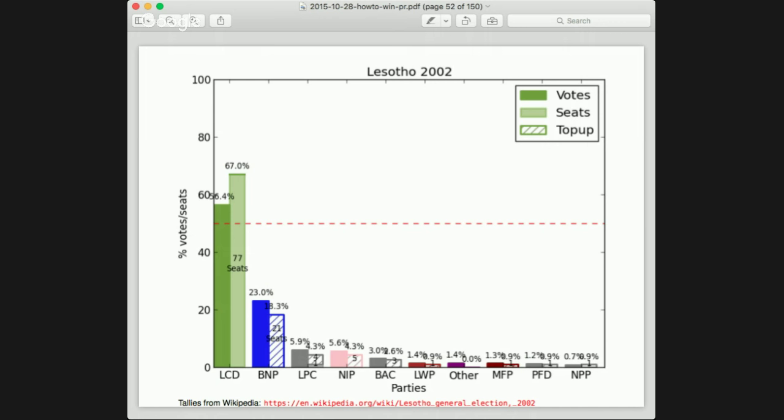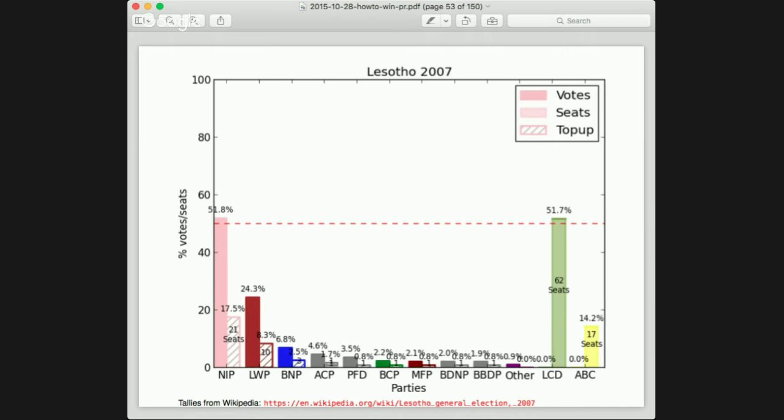Then people got wise. People in the LCD said, hey, we're not winning any list seats. This is not good. We want list seats and riding seats. So then there were shenanigans, and this is a crazy graph. Here's the shenanigans. What happened was that the LCD paired up with another party, the NIP, and what they said